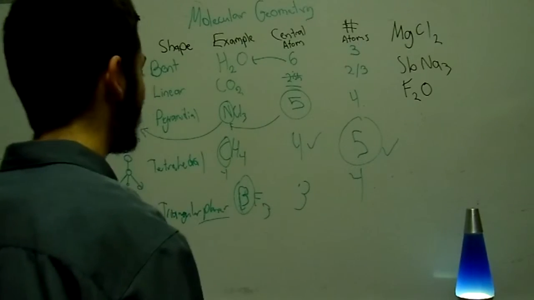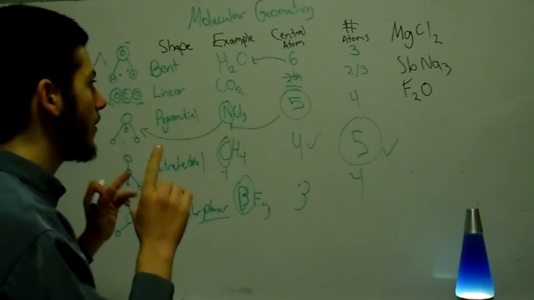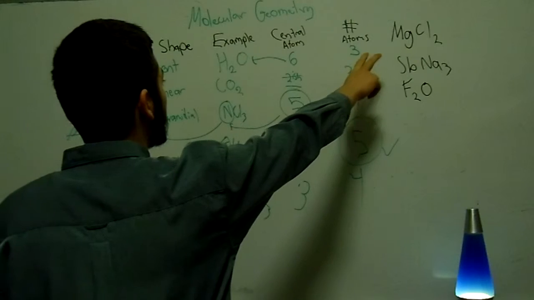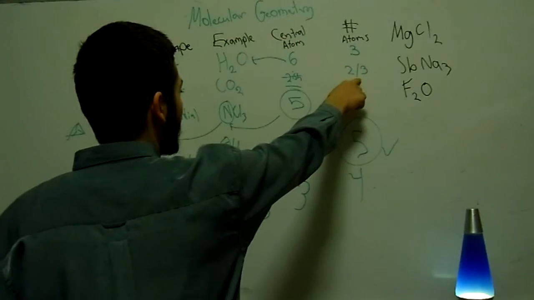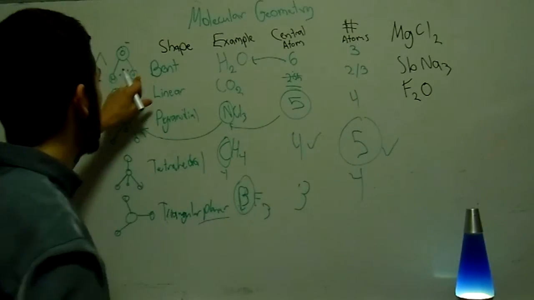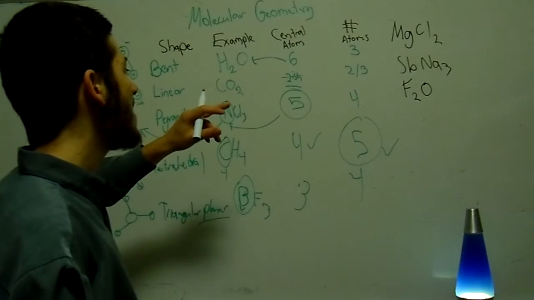Very simple, easily. You can look at it and say straight away, magnesium. There are 3 atoms, so it's going to be around this region here. So with 3 atoms, it's either going to be bent or linear. There are these 2 choices, bent or linear. But it doesn't have a thing